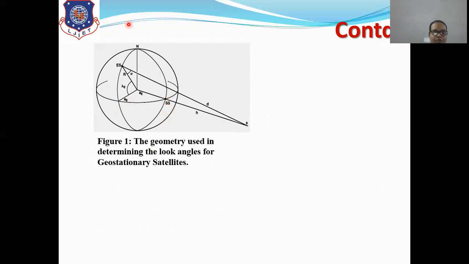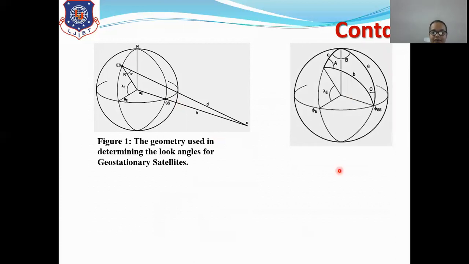Clear? Now, this is the north plane, and here is the earth station from which we have to find the antenna look angles. From the center of the Earth to the surface is the radius of Earth, this is R. This angle is lambda e, the latitude of the earth station. From the earth station to the satellite is the range d, the satellite range d. And from the sub-satellite point to the satellite, from the earth surface to the satellite, is nothing but the height s of the geostationary satellite. Clear?